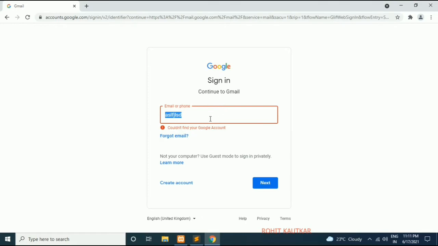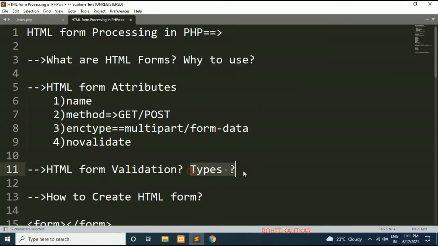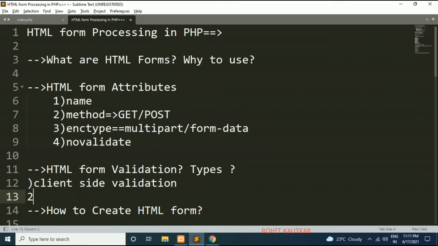So to prevent the user from proceeding with wrong data, you can use validations with your HTML form. So friends, there are two types of validations. The first type is called client-side validation, and the second type is called server-side validation.